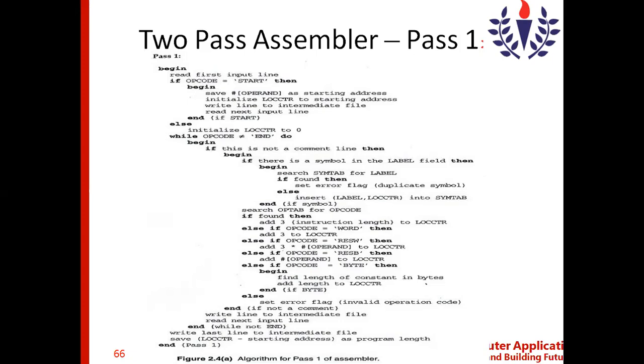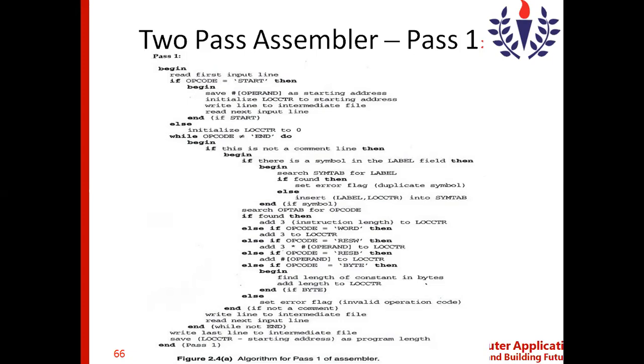Then it reads the next input line, ending the loop. Once the assembler reaches the end of the program, it stops. Finally, it writes the last line to the intermediate file, that is nothing but the END opcode.